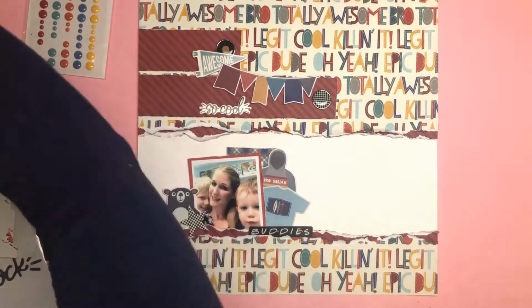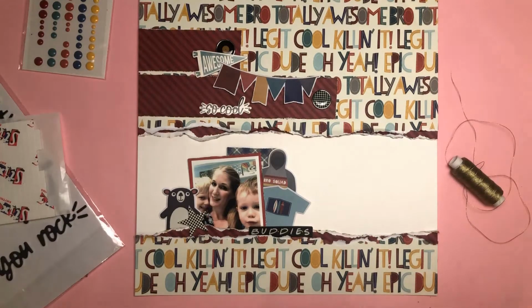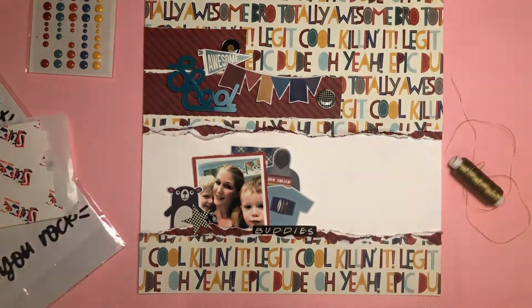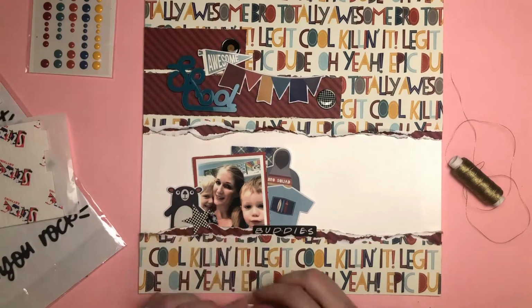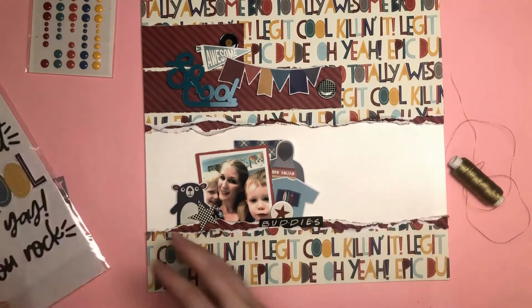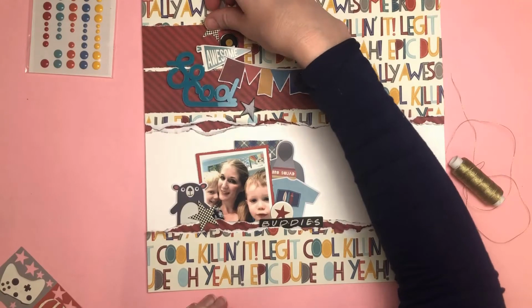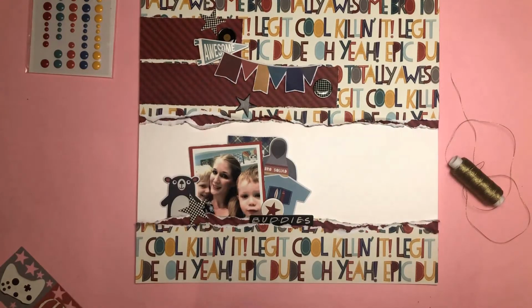I've also pulled out a few other bits to go there, but they don't necessarily end up where they are right now. So I've just then pulled through a Bramble Fox perspective. I've had this So Cool in turquoise in my stash for quite some time, and I've never had a layout to use it with, or that worked with it, but given that this is a real masculine type layout, it works so well. I love the colour goes well with the